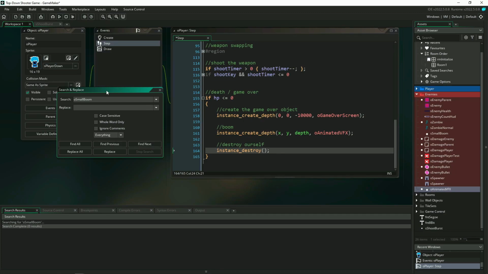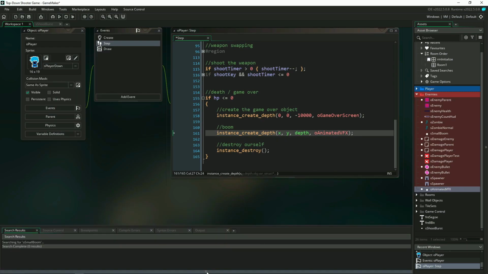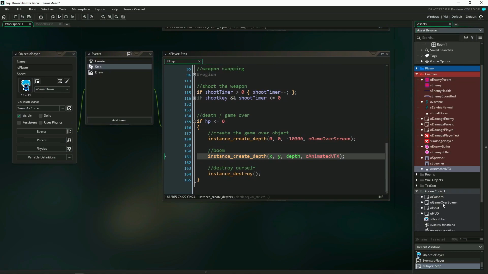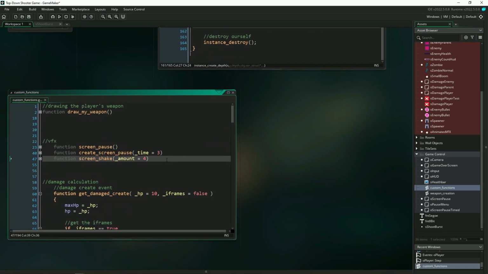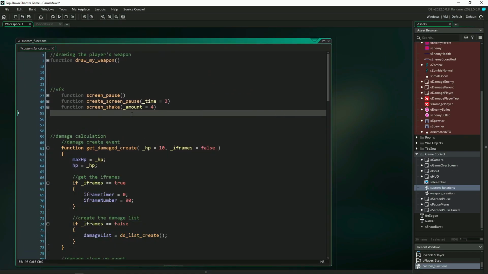However, I said we could make it even easier for future stuff to use. Because remember, for future things, we're going to have to basically do the with instance create depth and then manually set a sprite in there. So once again, we can make a fun little helper function that will be very cool to us. So real quick, let's go back into our custom functions, back into our VFX section, which is becoming quite robust by now. Now let's make a new function, and we'll call this create animated